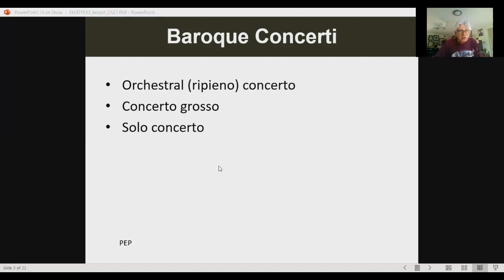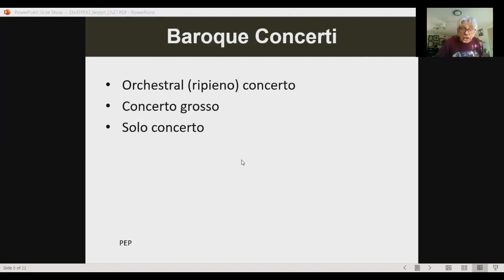Now there are basically three types of concerto, and we're going to focus on the piece of music that is a solo concerto, meaning it's for solo instrument versus orchestra, even though it's not in this case. And then the other types of concerti are an orchestral concerto, where there is no soloist and it's really for orchestra. And then there's a concerto grosso, meaning large, so that the solo is not an individual, but it's a group. So you have this small group versus the orchestra. That's a concerto grosso. And again, three types of concerti.